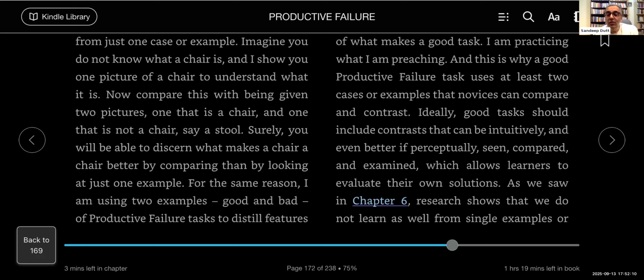And this is why a good productive failure task uses at least two cases or examples that novices can compare and contrast. Ideally, good tasks should include contrasts that can be intuitively and even better if perceptually seen, compared, and examined, which allows learners to evaluate their own solutions. As we saw in chapter 6, research shows that we